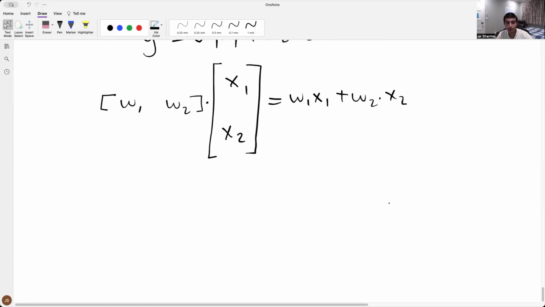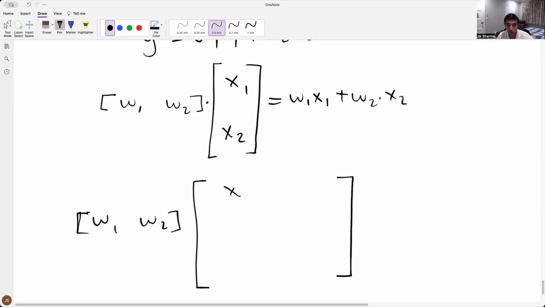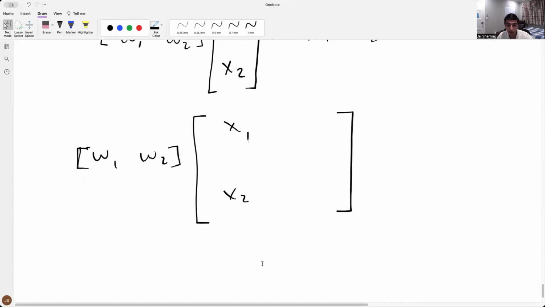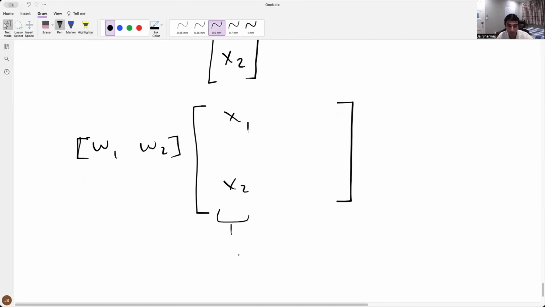And let's say you had a second example. What you could do is just stack it vertically. So you have x1, x2, and this is your first example, Example 1. I'll indicate this as my first example by putting a 1 in front. So this isn't 11, this is x11. So x11, x12, and then